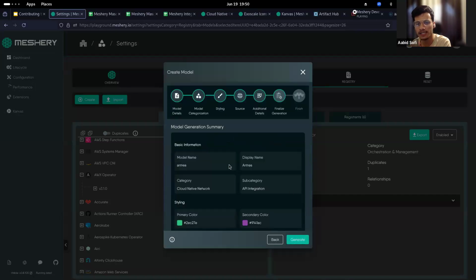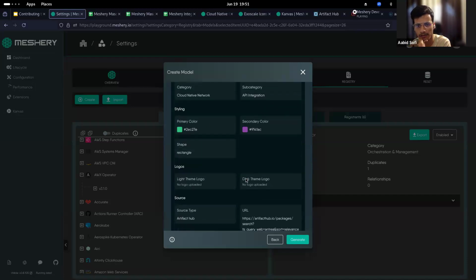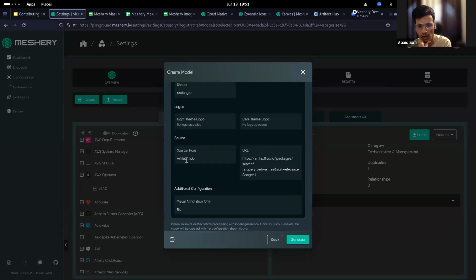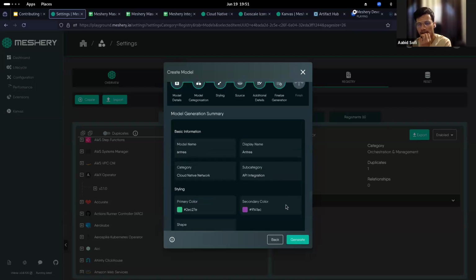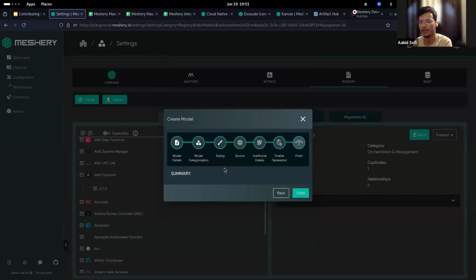On the next stage, this is a nice receipt of all of the things that we already filled. It will tell me what the name was, what the logos were. Actually, I think I forgot the logos, and this is the source, and this is the URL for it, and this is not an annotation model. On the next step, we'd hit generate, and it will talk with the Meshery server and generate all this model. So I should have also received